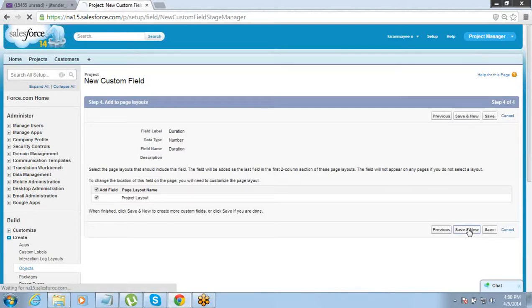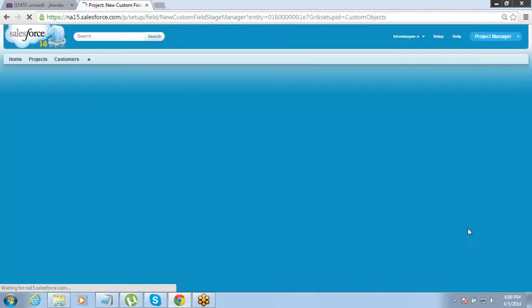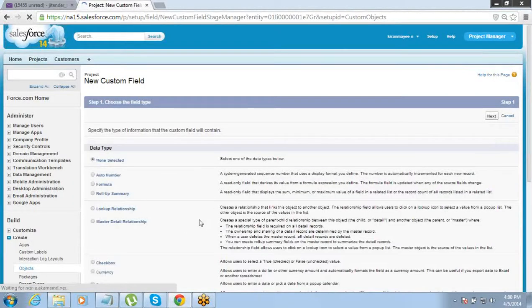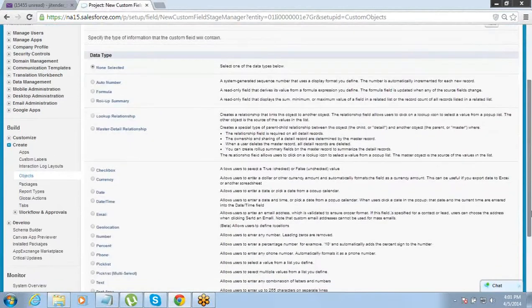The other field that I need is the per hour rate for that project. What should be the field type for rate?